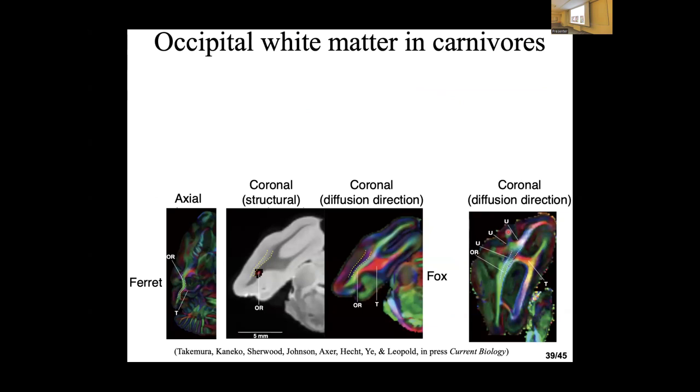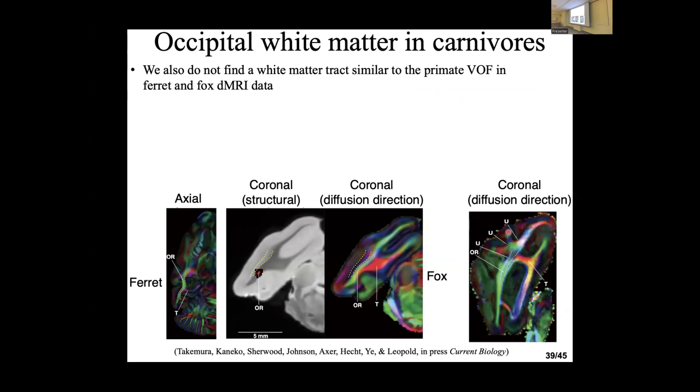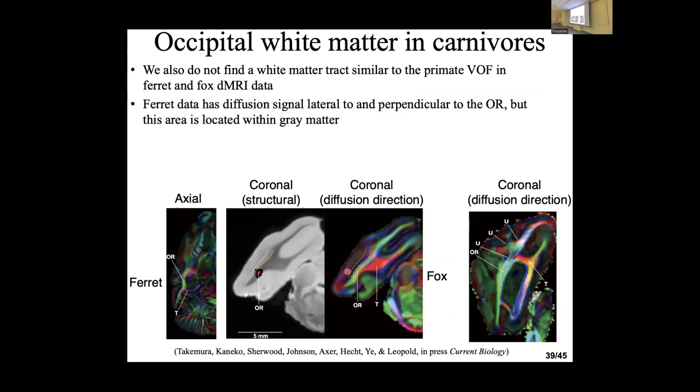So we looked into ferret and fox, again using diffusion color maps. Our observation is that we do not find a white matter tract as prominent as the primate BOF in these datasets. But interestingly, we see some small purple and blue voxels here, seemingly like BOF,